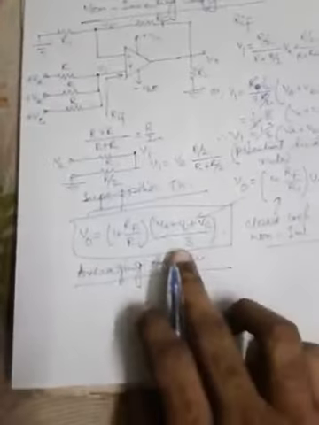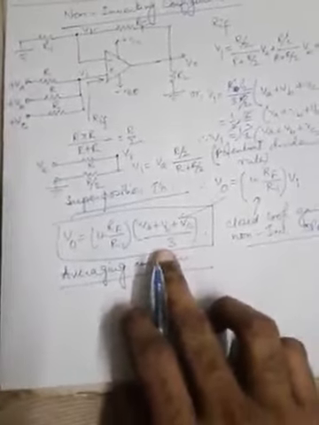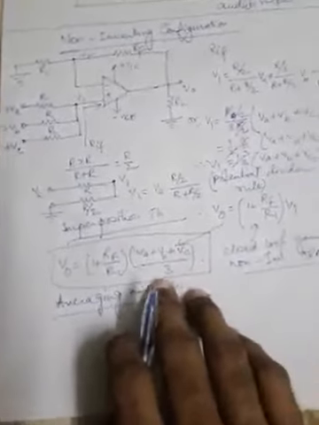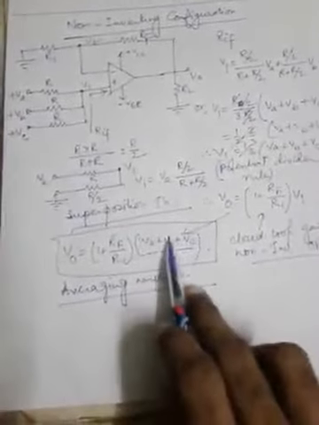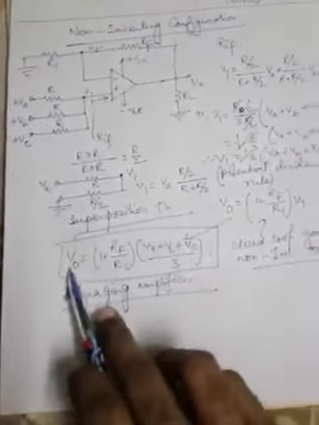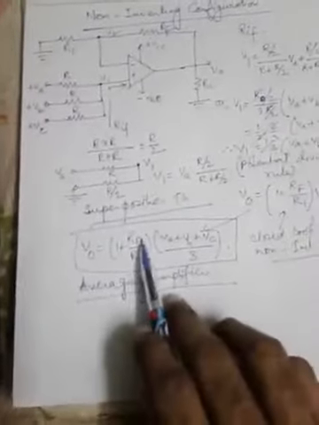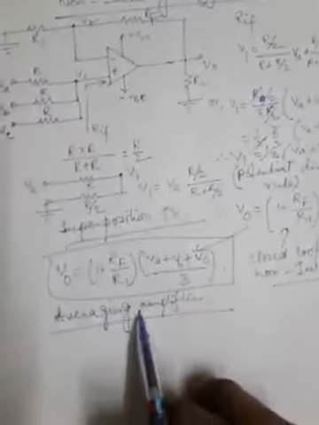Now from this equation, it shows that the output voltage is equal to the average of all the input voltages, because all the input voltages are summed up and divided by the total number of inputs, that is 3. So the averaging is already done. This portion is the average of all the input voltages, and the output voltage is equal to the average of all the input voltages times the gain of the circuit, which is 1 plus RF by R1. So this is the expression of output voltage for averaging amplifier.